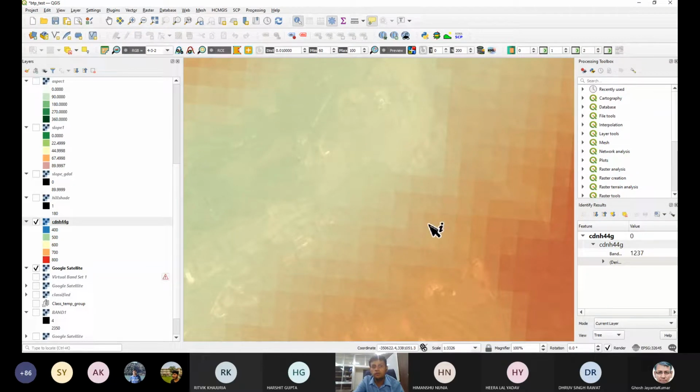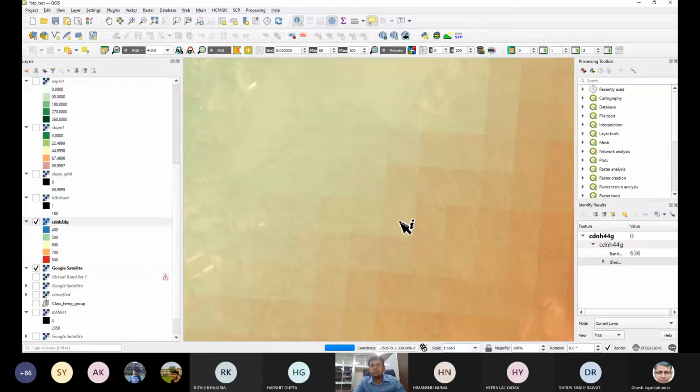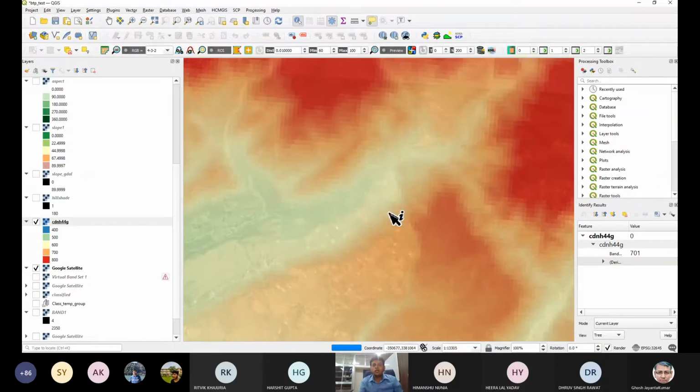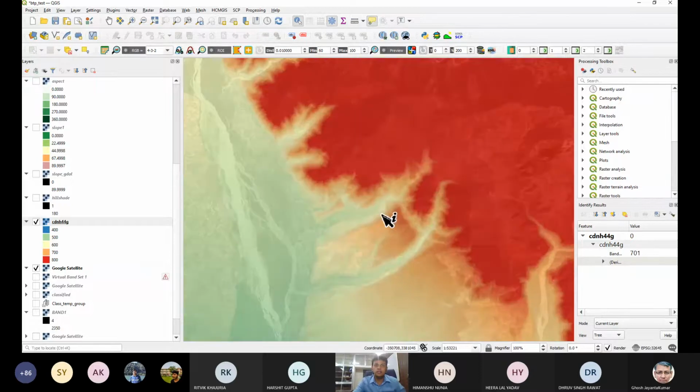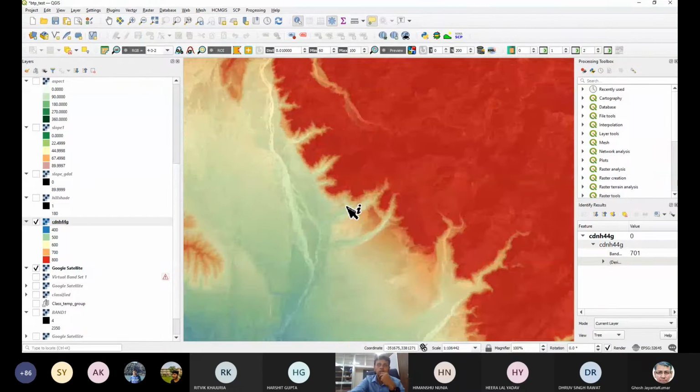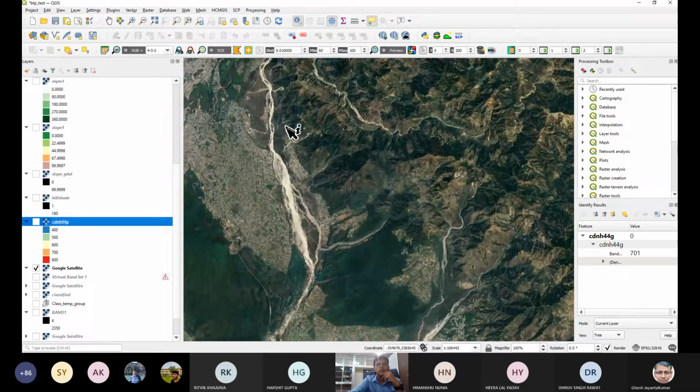Dhruv, yes, sir. Right? So we have raster data, and the raster data that we have worked with so far is in GeoTIFF format. It is a TIFF file format, and if you click on every pixel, this is 636, this is 686, this is 701. So that is one of the geospatial data types that we save. This is raster data, but we also have vector data, and there we save information in terms of a shapefile. So now we will create some shapefiles today, and let's see how.